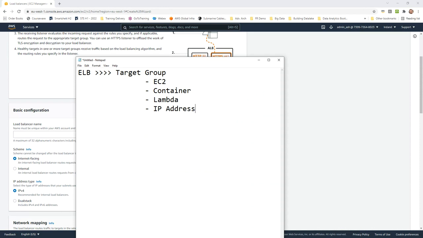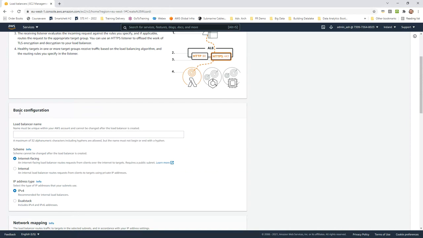Another example for this IP address mechanism is, if you have ever heard about another new service we offer, it is called VMware on AWS. So those VMware machines can also be behind a load balancer provided by AWS. So that is what is called a target group. So these are all the possible targets which I can add, right?